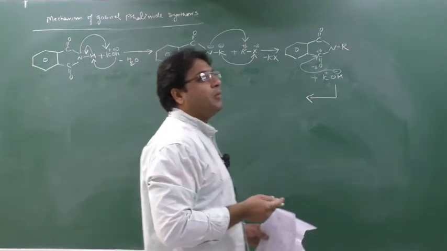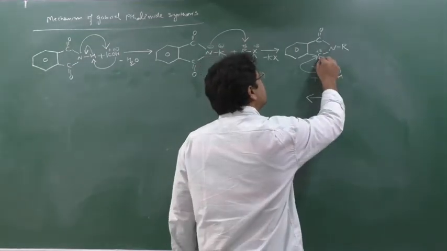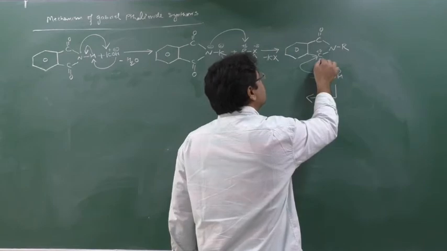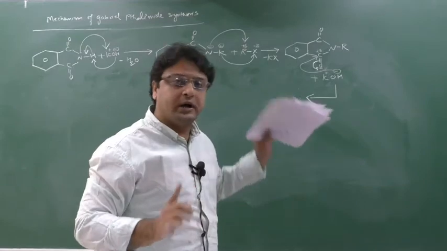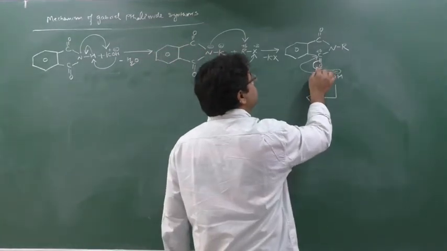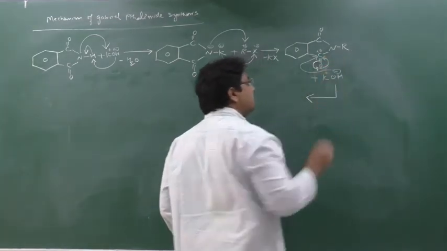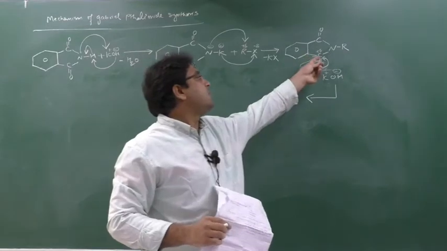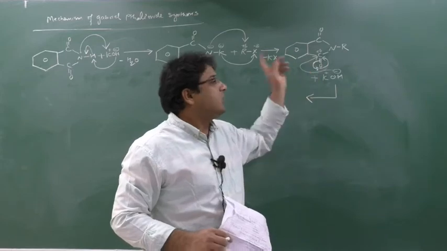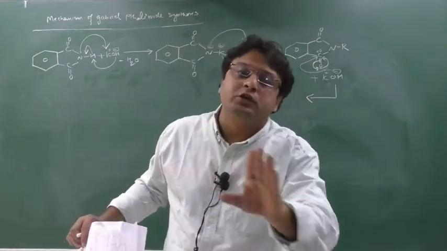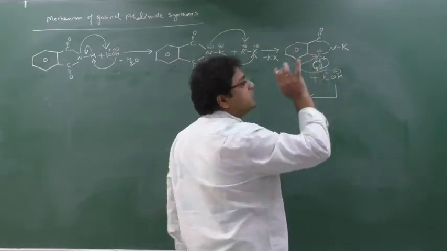Now if carbon is making a bond with OH, carbon has to make a new bond, so an old bond has to be broken. Because of this minus, this oxygen pi bond would break, but here oxygen is showing back bonding. Please remember this, you have to memorize it. Here oxygen is showing back bonding, meaning oxygen is telling carbon, I will not break my bond, you take your bond back. That is called back bonding. So carbon wants to make a new bond with OH minus, so it has to break the old bond. But oxygen is saying, no, I am not ready to break the bond with you, take your bond back. So that is called back bonding. So carbon got to know that oxygen will not break the bond.